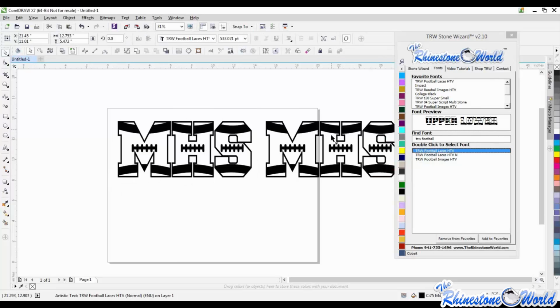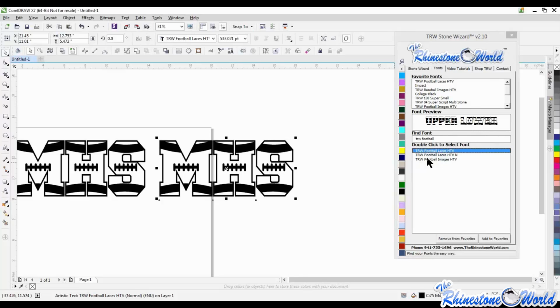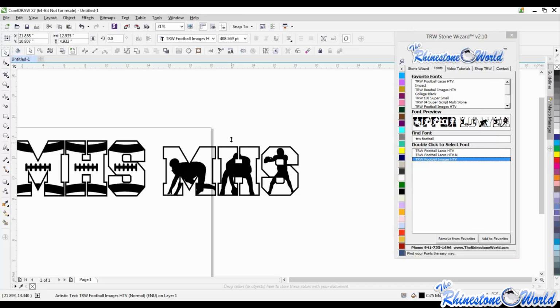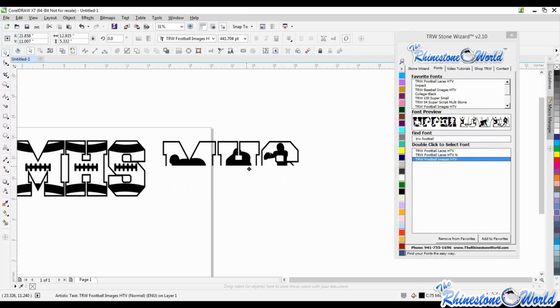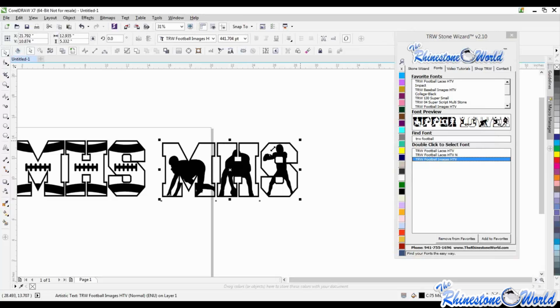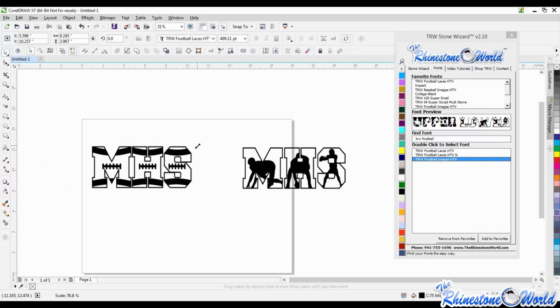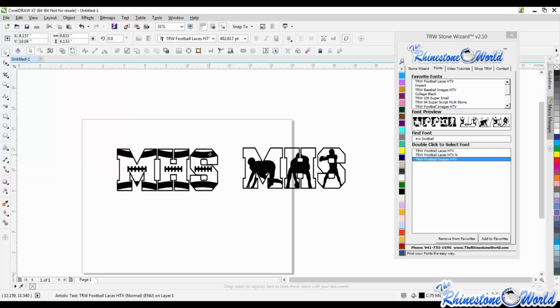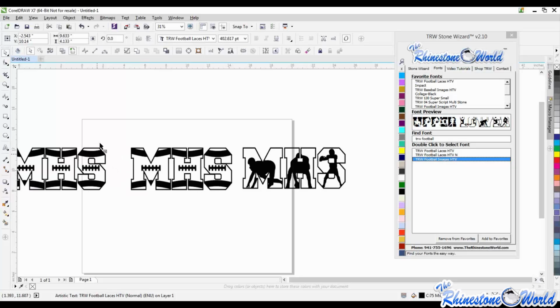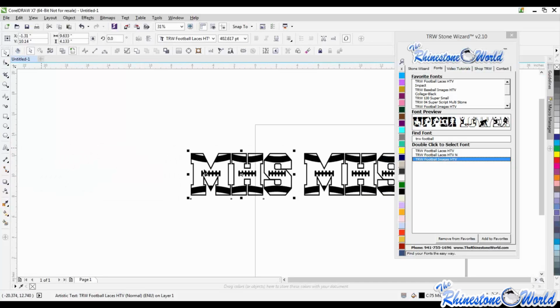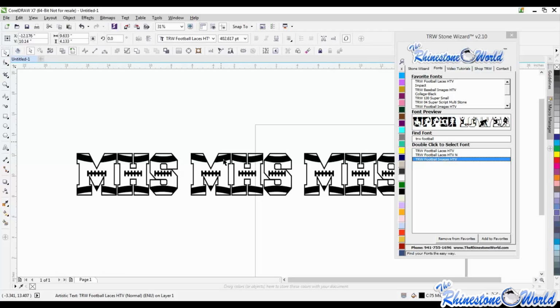Now I'm going to do another one, and this one is going to be the football images. So we have MHS with our football images. The great thing about a TrueType font with the HTV is we can adjust it like this. Rhinestones, we can't. It's a set size. With the HTV, we can adjust the sizes. So let's get it down to about the size that we would actually make a shirt. And then we got 9.5 there. And then let me also just show you a basic one. Oh, actually, I'm going to show you 4 different versions. Boom, boom, and boom. So this one right here is going to be with our